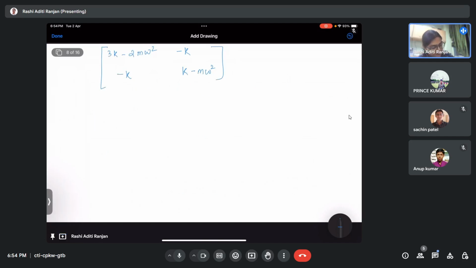And what do I have? I have that the determinant of this is equal to 0. Right. So I'll now find the determinant. What is going to be the determinant? So it will be,